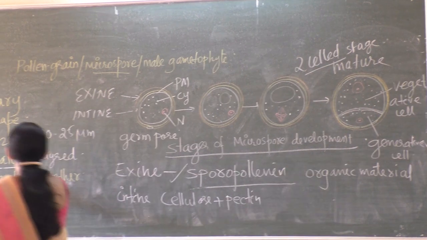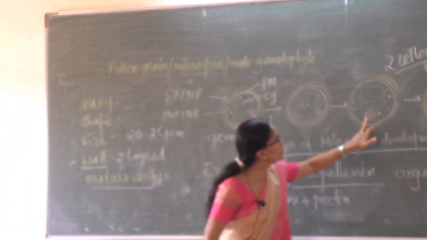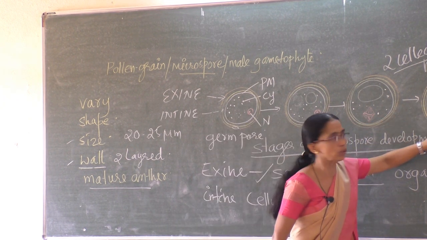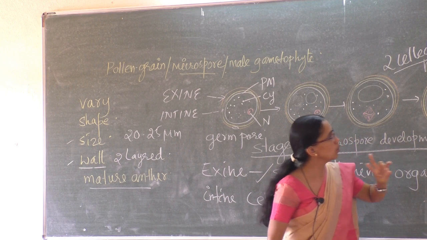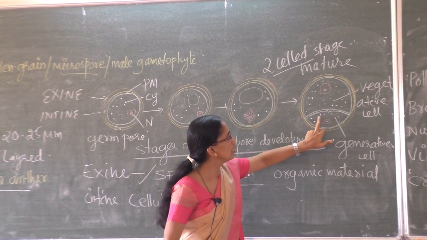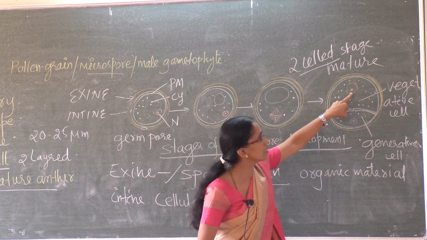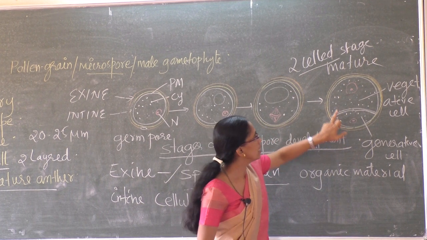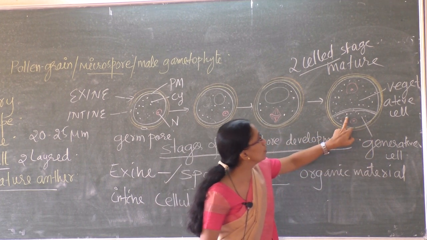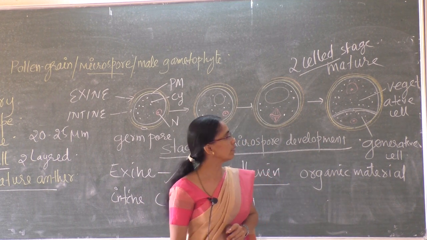How does a pollen grain mature? The single nucleus of the pollen grain undergoes mitosis and divides into two nuclei. So the pollen grain becomes two-celled: a bigger cell with reserve food and a smaller cell with dense cytoplasm. Both cells have a nucleus. The vegetative cell's nucleus is irregular in shape. The other is the generative cell, which is spindle shaped and floats in the vegetative cell.